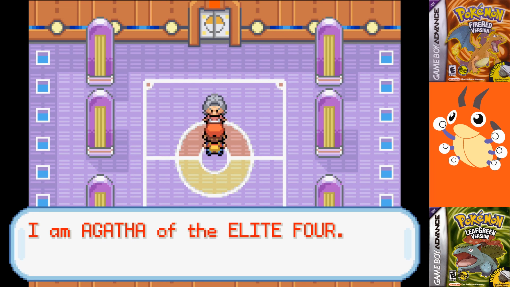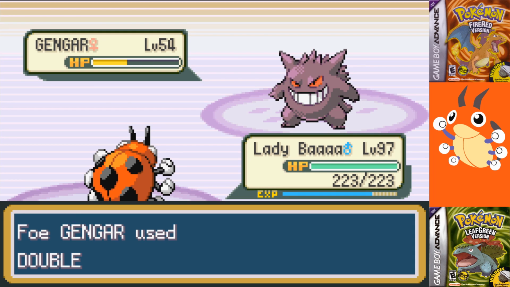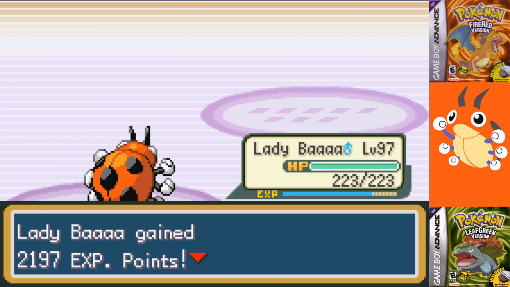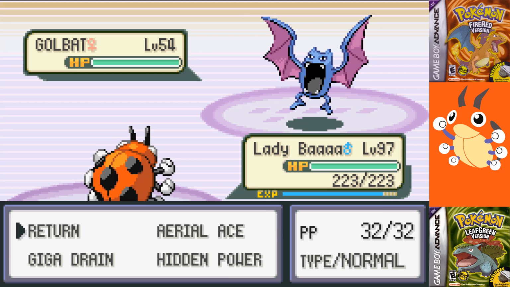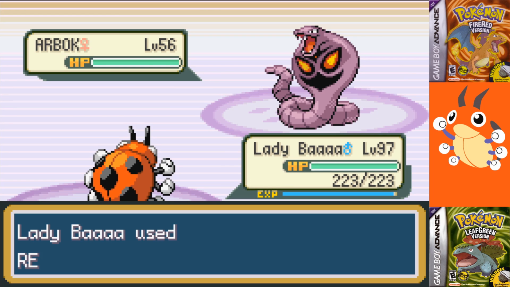Next up is Agatha, and she's relatively easy as well. She leads with Gengar, and it's a two-shot with Aerial Ace after she wastes her time with Double Team. Golbat's out next, and it's a one-shot with a crit Return, and out comes Arbok. It's actually pretty strong and manages to do over half with Sludge Bomb before I took it out with 3